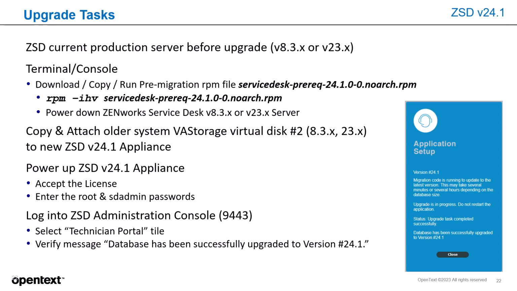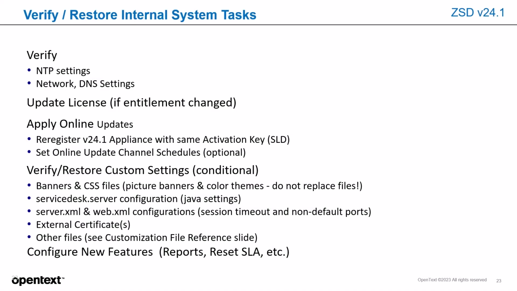You're going to power up the 24.1 appliance. There'll be two pages that the wizard will stop at: accepting the license and entering the root and SDadmin passwords. After that, it should go through and complete the migration, assuming the identity of your old production server onto the ZSD 24.1. Then you can log in to the administration console, that's 9443, select the technician portal tile, and verify that the message says database has been successfully upgraded to version 24.1. Once you have that,